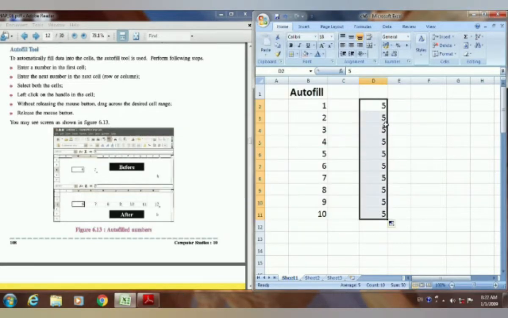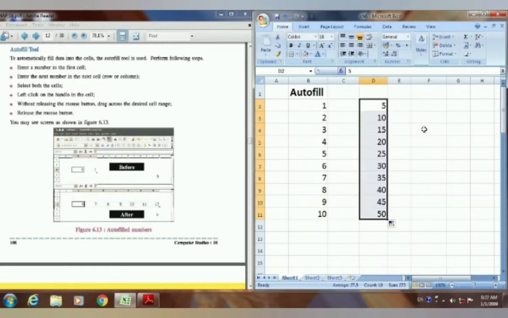So that is why it is necessary to type the numbers in two cells when you are typing a number series. So first type 5 and in the next cell type 10. Now select both the cells together, and then take your mouse pointer to the lower right corner and drag it downward.